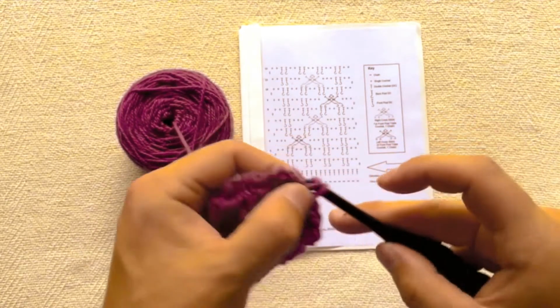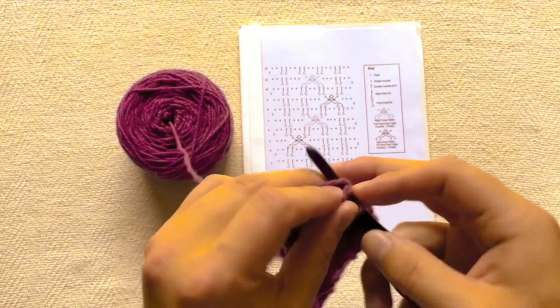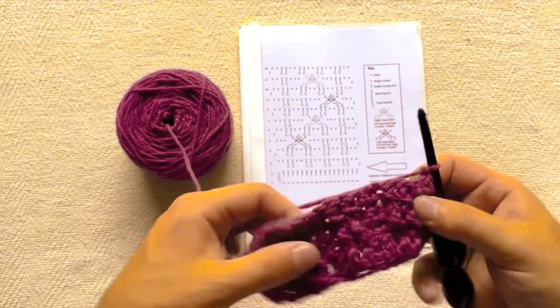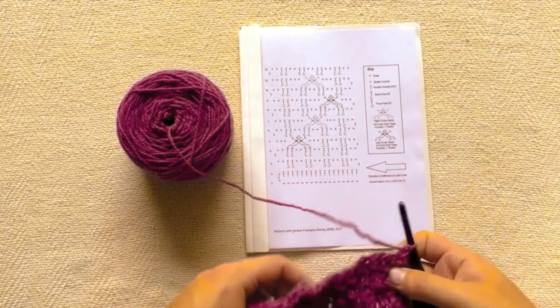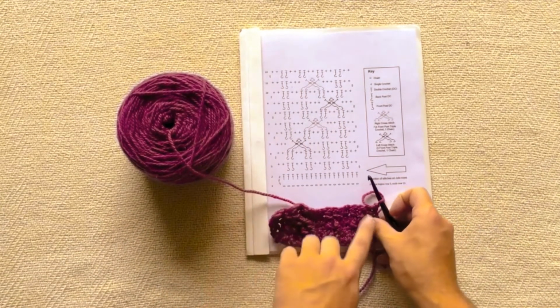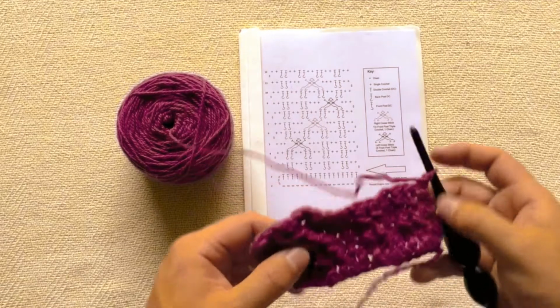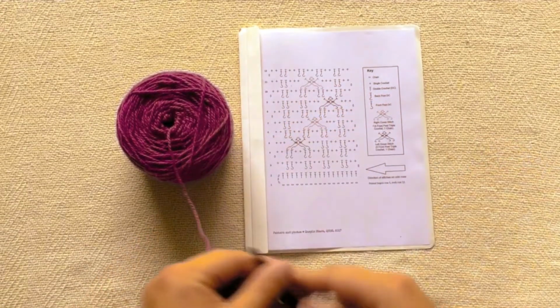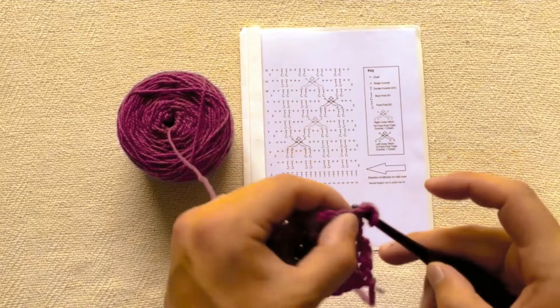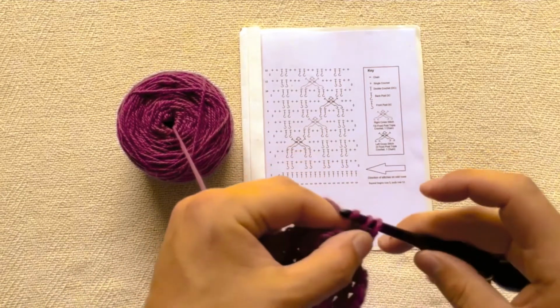And 2 single crochets to finish it off. Chain 1 and turn. Okay, now you're going to do, here, let me show you. So we are on row 7. You're going to chain 2, or excuse me, single crochet 2,